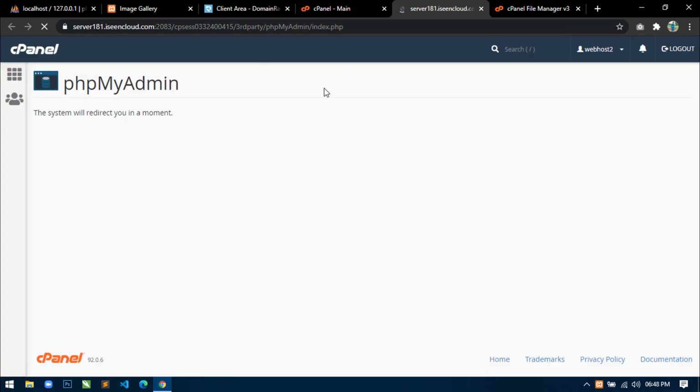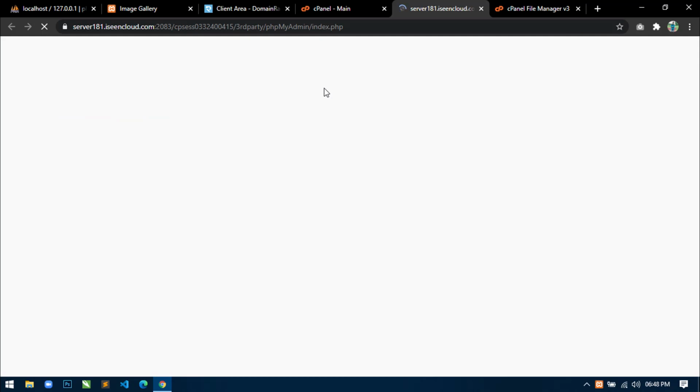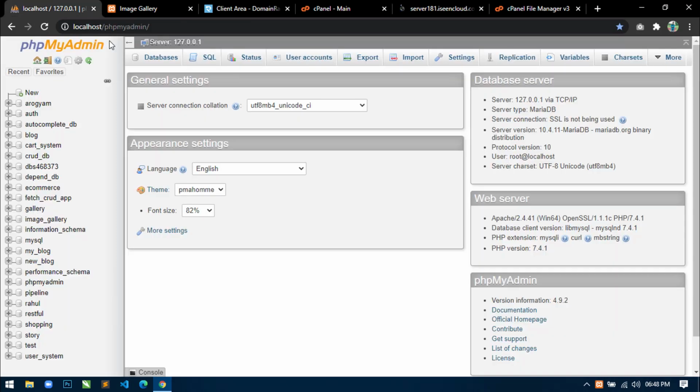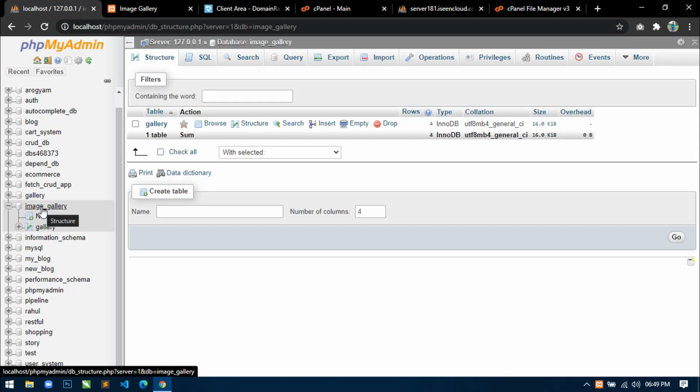Now here we will import all the tables of the local project into the live hosting server. Until it opens, just open your localhost phpMyAdmin. So this is my localhost phpMyAdmin, and this is the database that I am using in this project.